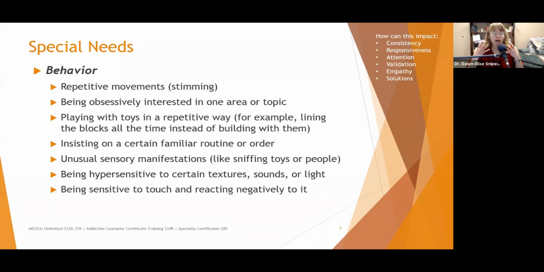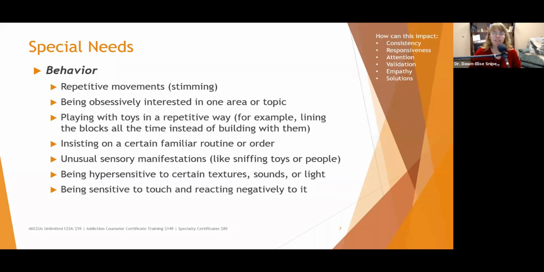If they are oversensitive in their olfactory senses, they may get a lot of information about somebody by sniffing them. You walk by somebody in the grocery store, you can tell if they're a smoker, you can tell what perfume they're wearing, if they're a painter, a lot of times you can get a whiff of paint off of them. So you can tell certain things about certain people.